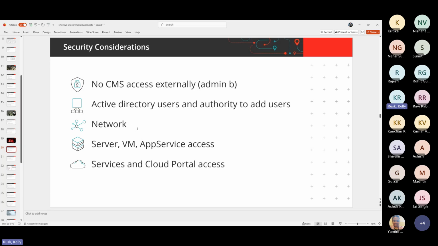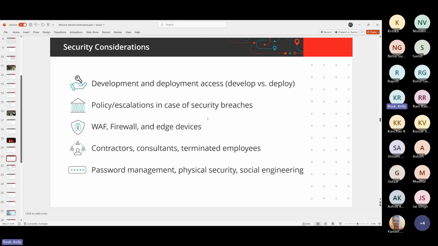So we talk about it every day. And as a result, all our developers understand our design patterns. They know who to go to and escalate to on security issues, even who can develop and deploy, right? Maybe your developers can't deploy, and that's a good standard.